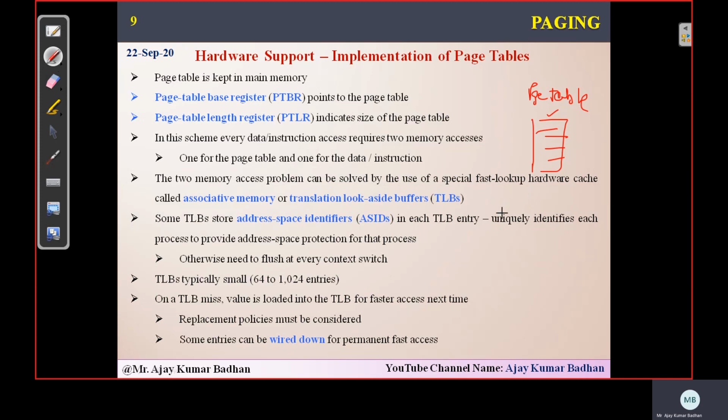Some operating systems associate this page table with every process. Let us suppose in your system you have around 3 processes. Now every process will have its own page table. Till now we discussed only one page table, but based upon the operating system you're using in your laptops or personal computers, they have their own methods of implementing the page table. Some operating systems allow every process to have its own page table.